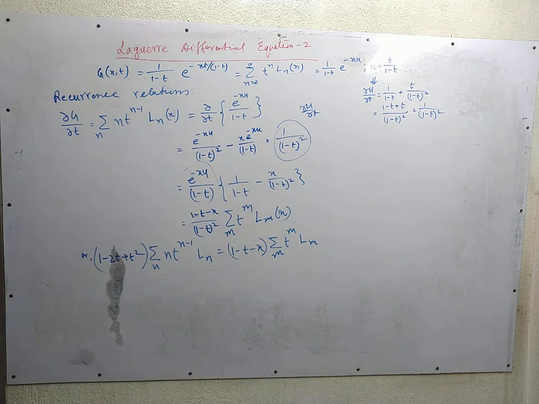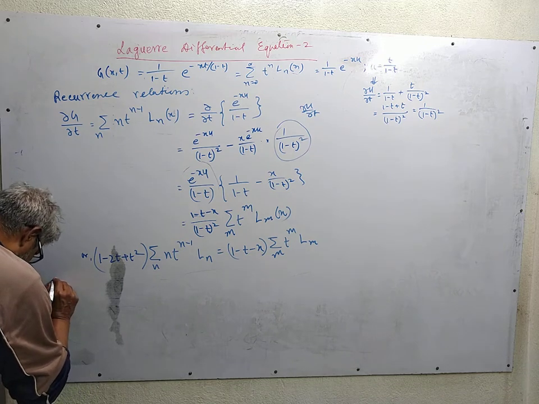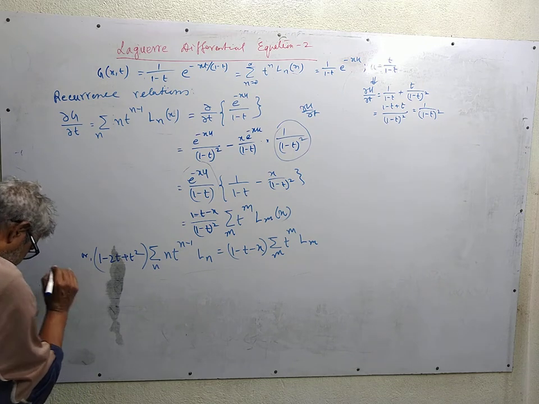This is an identity in t. So if we collect the coefficient of t to the power k on either side, it gives you